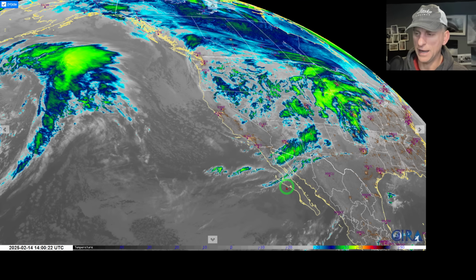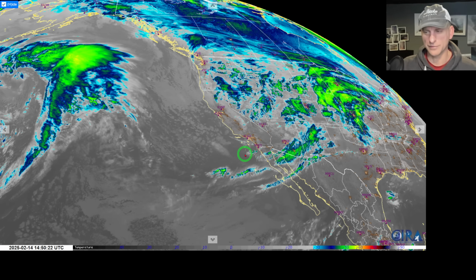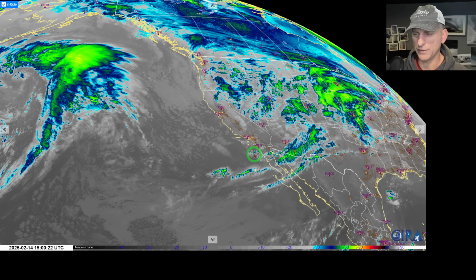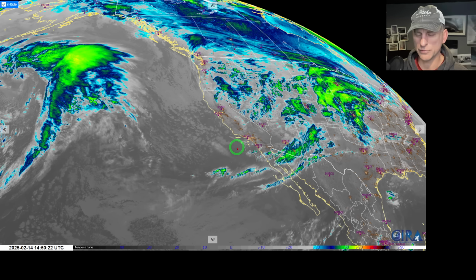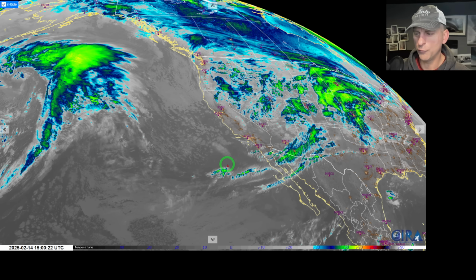But anyway, yeah, a wild storm system there yesterday. If you check out some of the social media stuff, you saw people getting washed away. There were some debris flows out there, all kinds of flood advisories, watches, flash flood warnings out there yesterday also. So yeah, hopefully everybody made it through